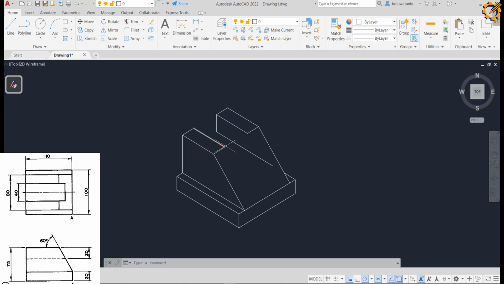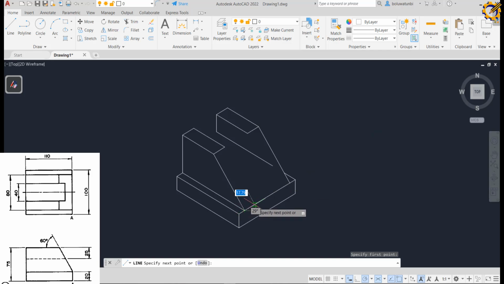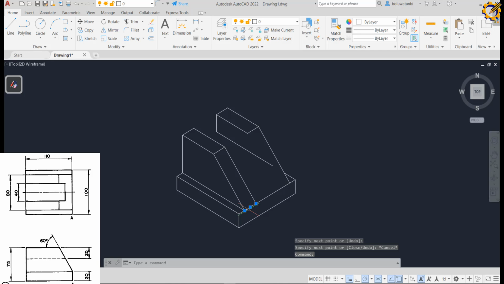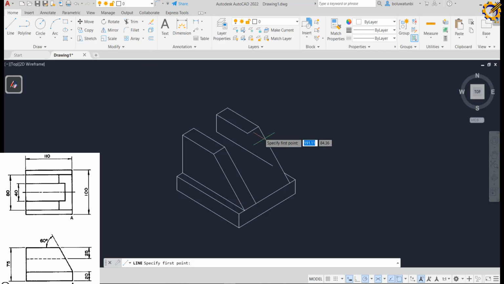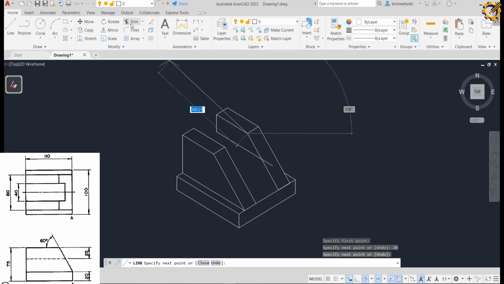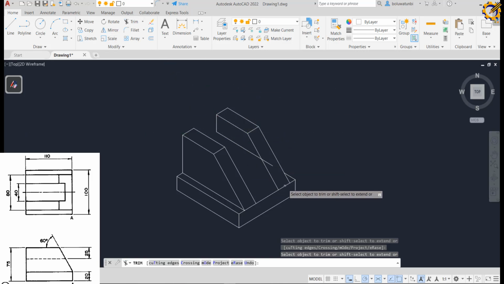Okay, what else? Okay, oh I need to replicate this here also. 20, enter, like this, and take this out. Then from here also at 30 degrees, 20, enter, like this. Then take it all the way up, and I can trim this,